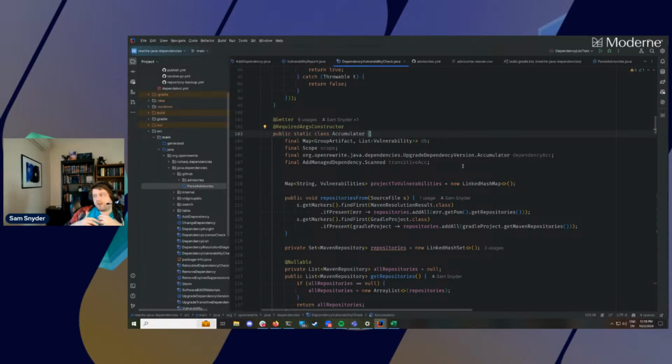On the Gradle side, one of the enhancements I made to this recipe and to upgrade Gradle dependency and Gradle parsing in general was to try to make it better able to update Gradle dependencies that are in script plugins.